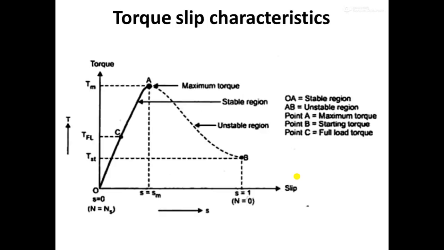Next we are going to obtain the torque slip characteristics of a 3-phase induction motor. This is a very important characteristic. As we have mentioned in the last class, the value of slip ranges from 0 to 1. The value of slip is 0 under running condition at synchronous speed, which is actually a fictitious aspect, because an induction motor will never run at synchronous speed, whereas the value of slip is 1 under starting condition or standstill condition. So we can say that the value of slip ranges from 0 to 1.